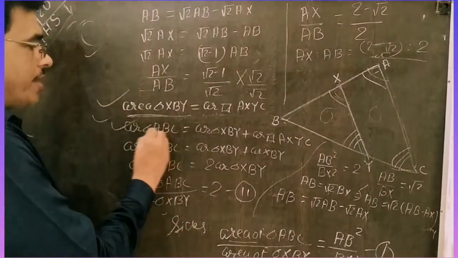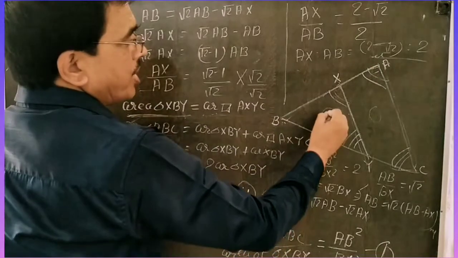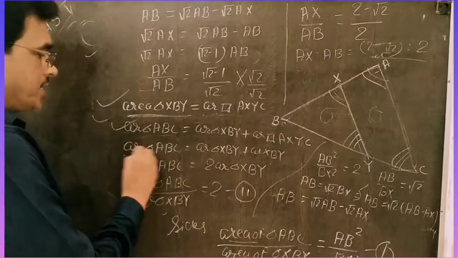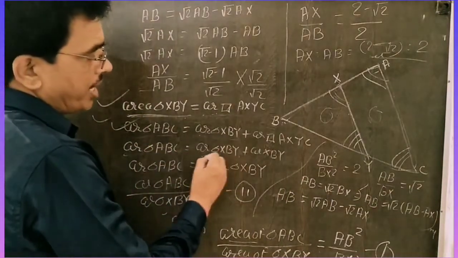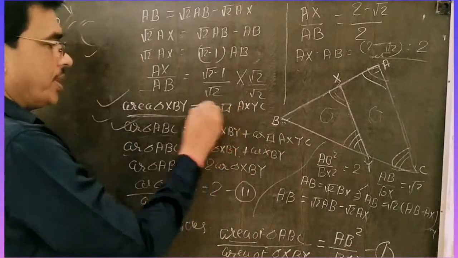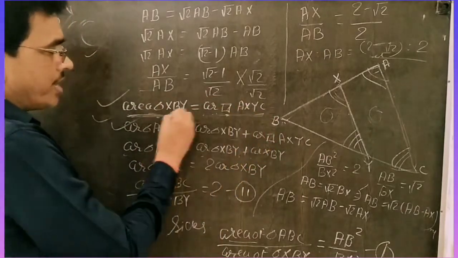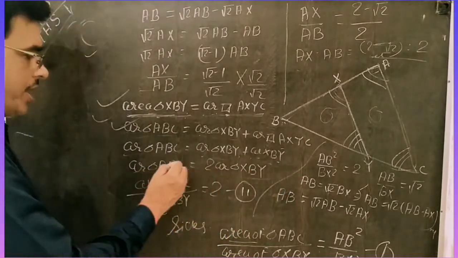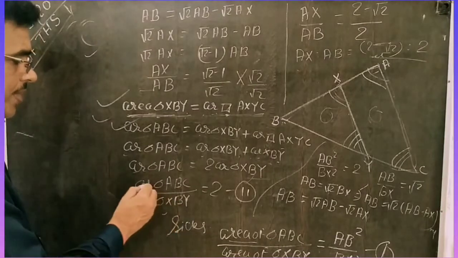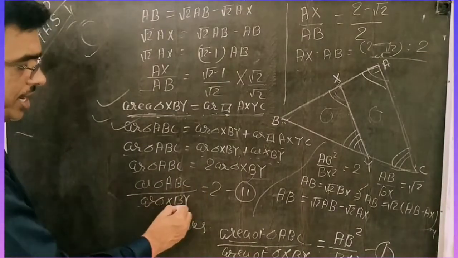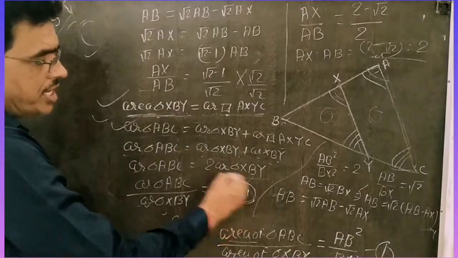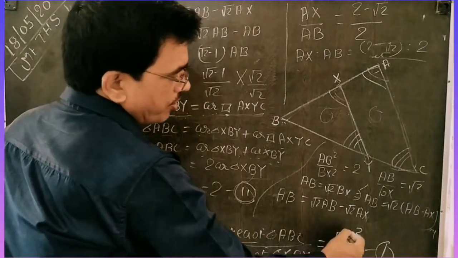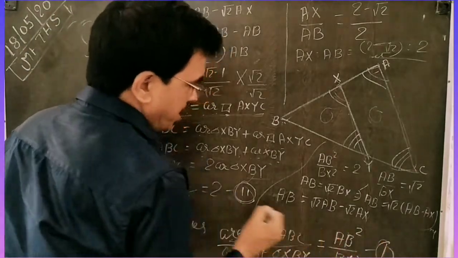Now in triangle ABC, area of triangle ABC is equal to area of XBY plus area of quadrilateral AXYC. I write here. Next, area of triangle ABC is equal to area of triangle XBY plus XBY because both are equal. So at the place of AXYC, you again write XBY. Therefore, two area XBY is equal to area ABC. Then area of triangle ABC by area of triangle XBY is equal to 2, that is equation second. And first already given, the area of triangle ABC by area of triangle XBY is equal to AB square by BX square. It is first and then it is second.